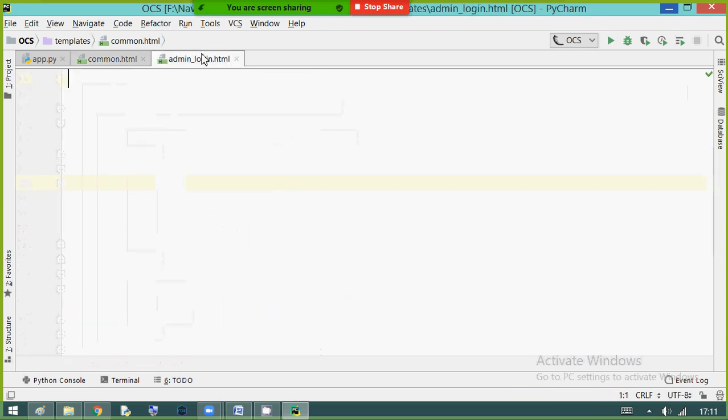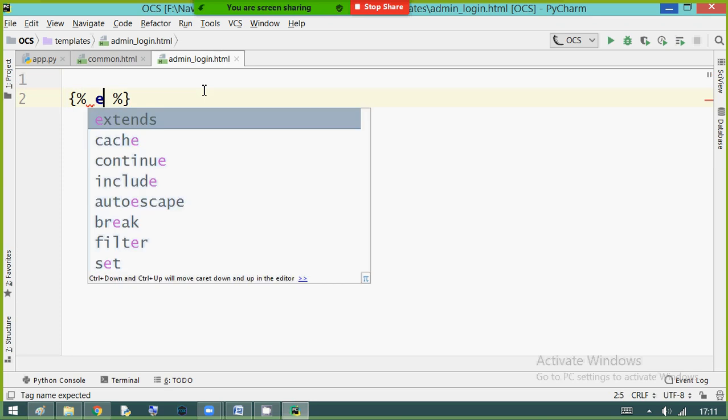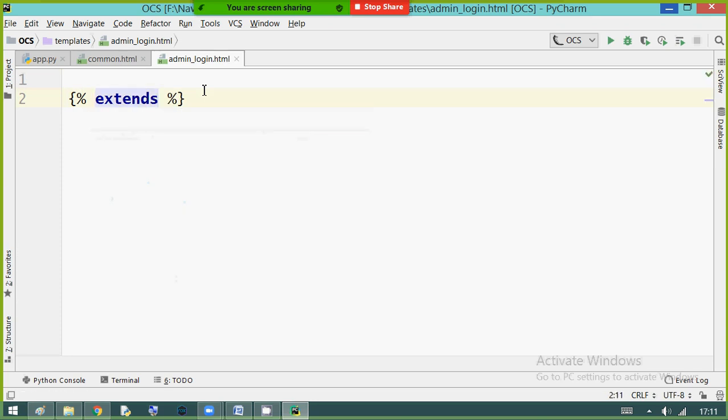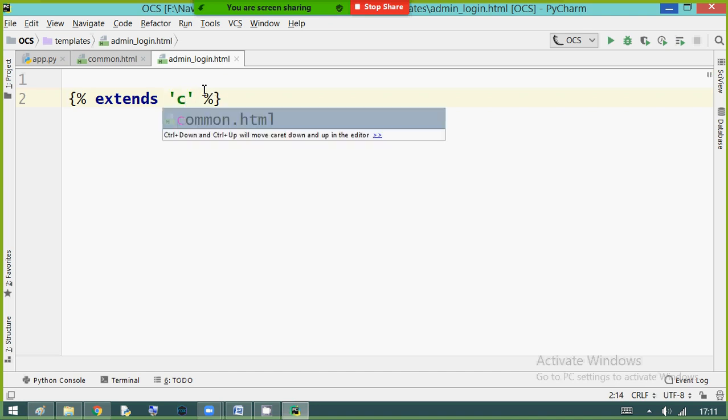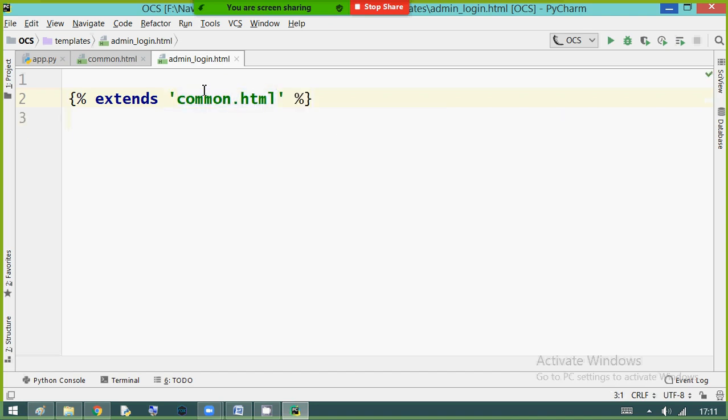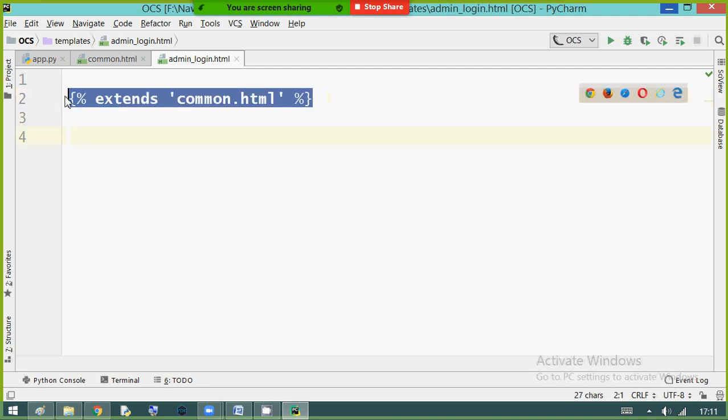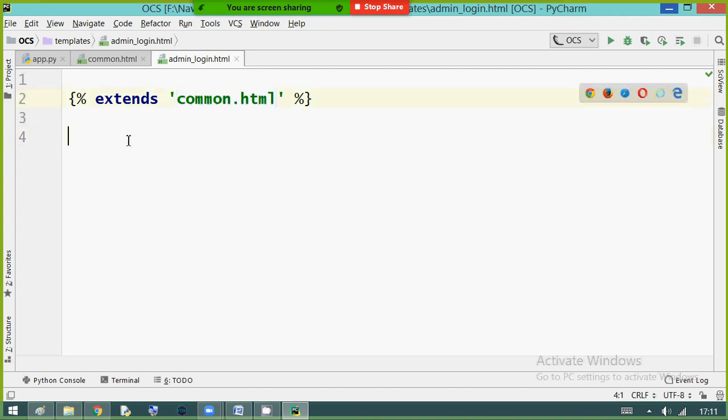Observe here, extends. For inheritance, we use extends. Inside the tag, I am writing extends, and the HTML name is common.html. So admin login is inheriting the common.html page.